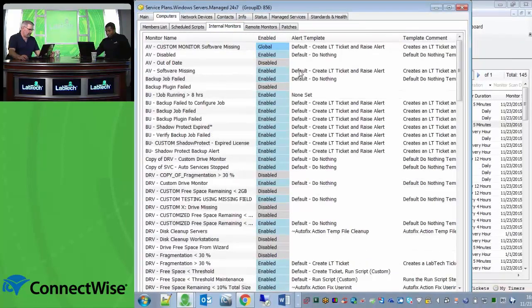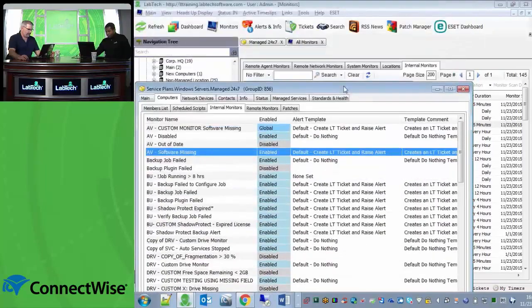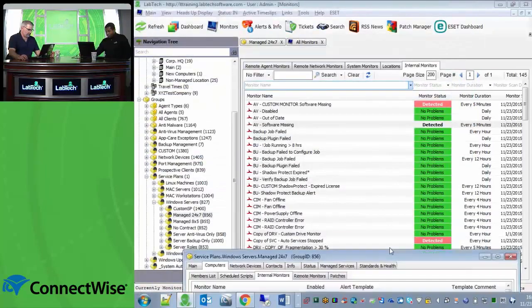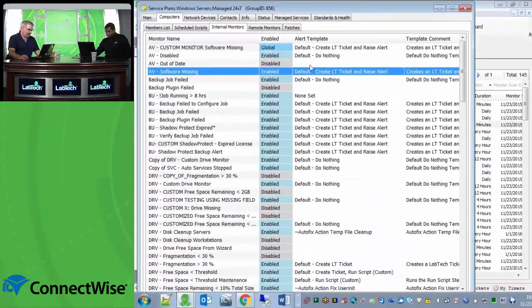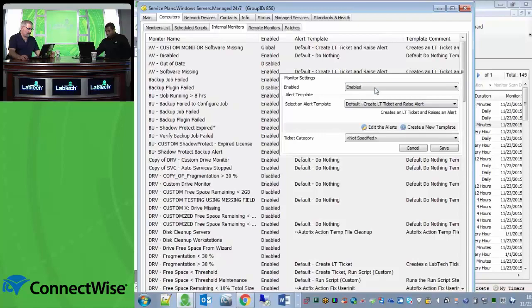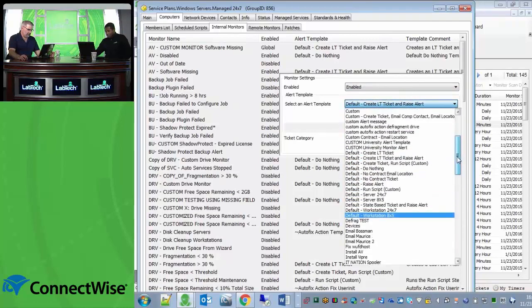I think the one I was in was AV software missing. Is that right, actually? Yes, it's AV software missing. And so right now, this one is set for, it's enabled, and we're going to create a ticket and raise an alert. I might even change that. I might even select an alert template